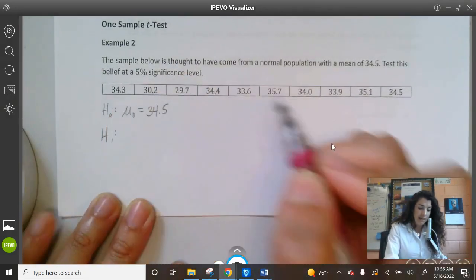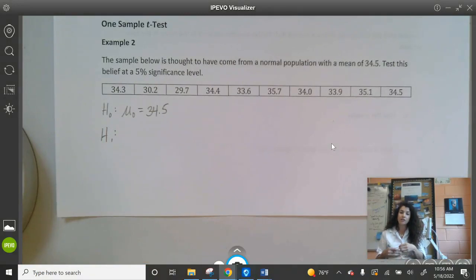Our alternative, then, we have to look at the text to see if it's trying to test whether it's bigger or less or anything like that. They haven't used any of that wording here, right? It says just the sample below is thought to have come from this. So really, we're just testing, is it this? Does it have an average of this? And so then the alternative would be